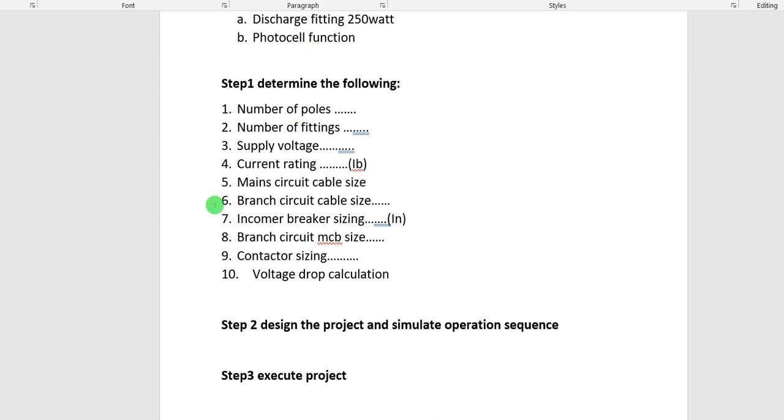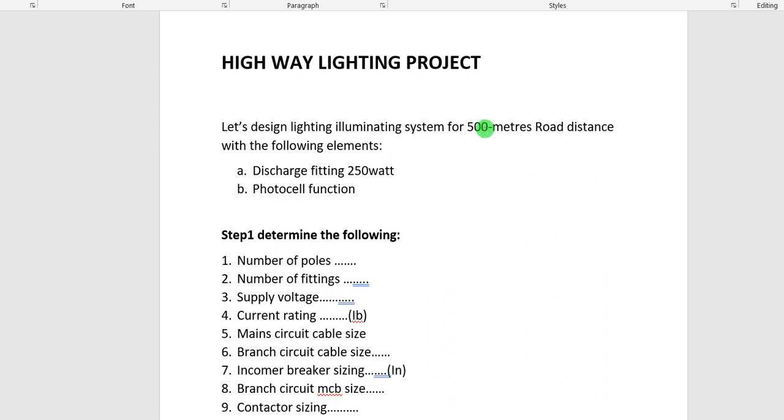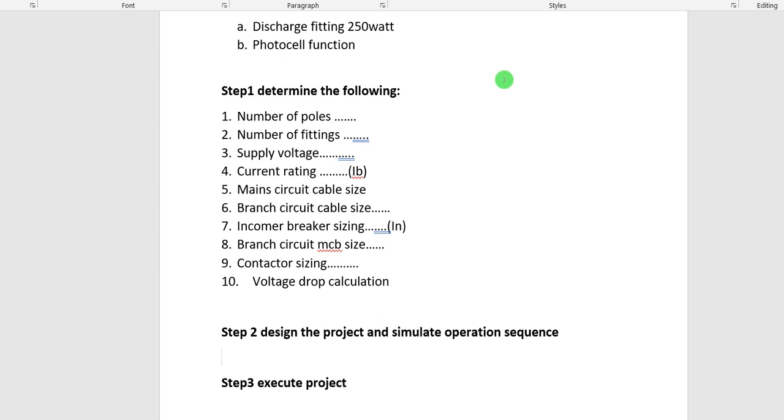So we're going to determine this. Let's do that in a quick summary. The number of poles that we need, you have to determine yourself. The end user has given you the information that the distance is 500 meters, the lamp required is 250 watts, and you need it to be automatic, that is photo cell incorporation. That is all you need from the client. The rest is what you're going to generate by yourself as a designer. Now let's go and generate that. We have been given two, three pieces of information.